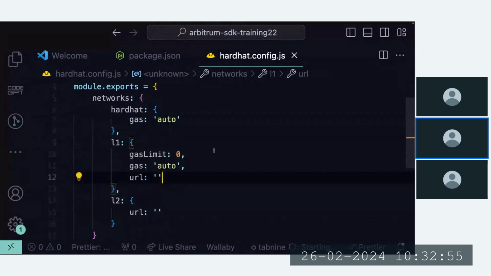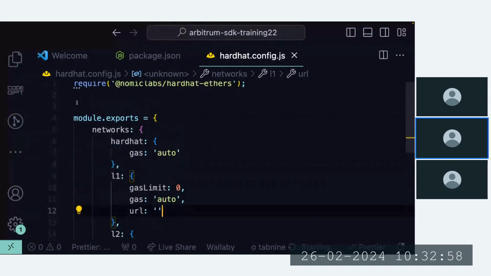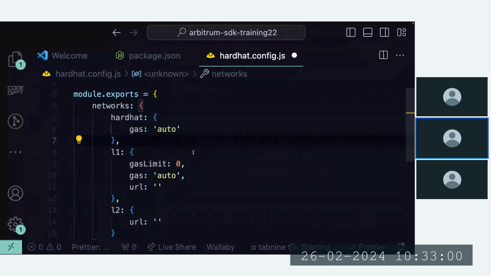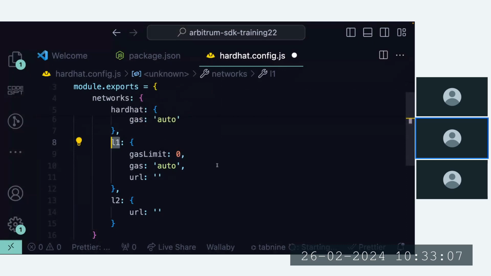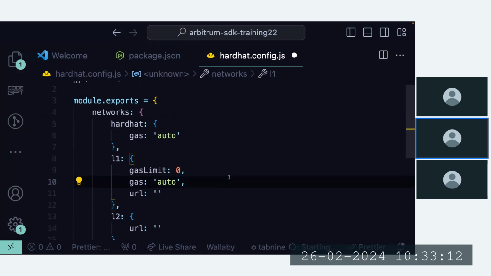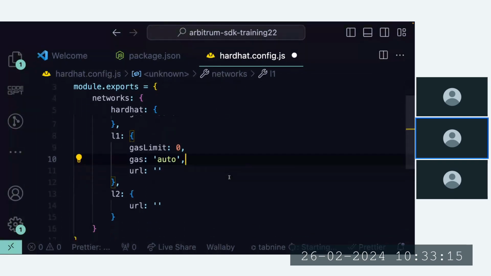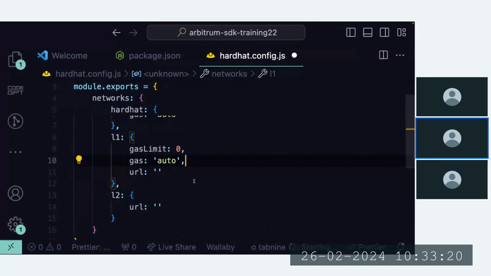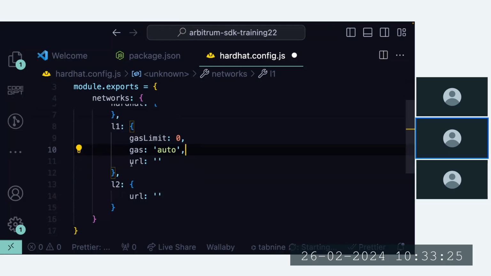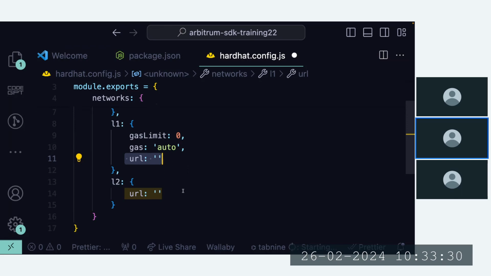All right. Now, this is how our config is going to look like for our Hardhat, where we are trying to configure the networks. And remember, we're going to deal with two networks, the L1 network and the L2 network. So we are passing in the necessary configurations for both networks. For L1, we are passing in the gas limit and also the gas, right? So just passing in the maximum gas price. And then also we have to pass in the URL. Now this URL, we are going to be using